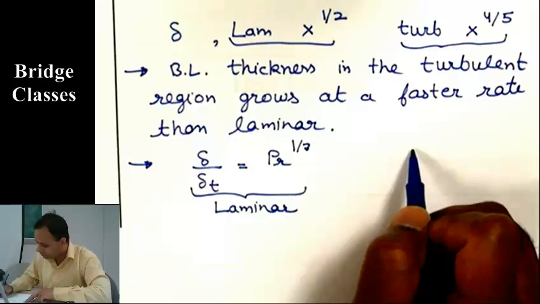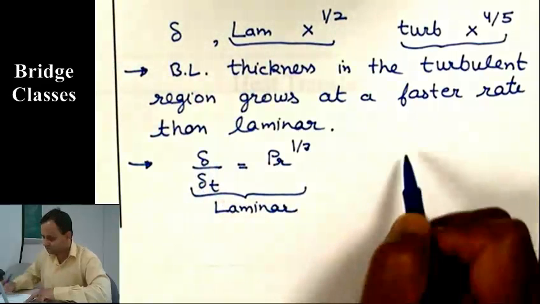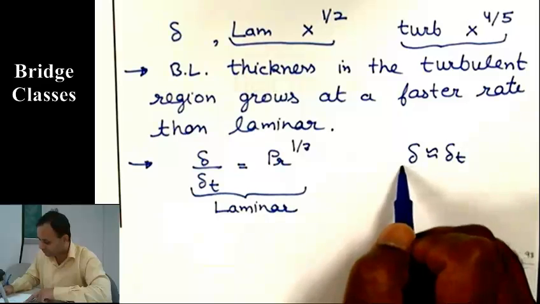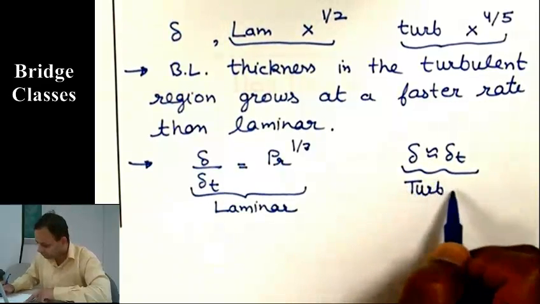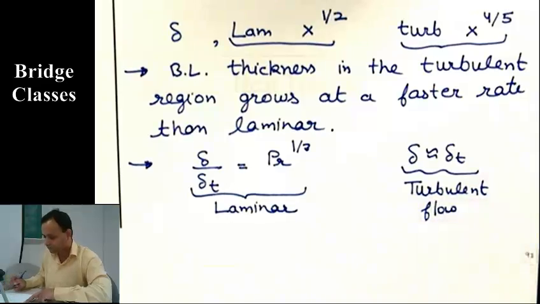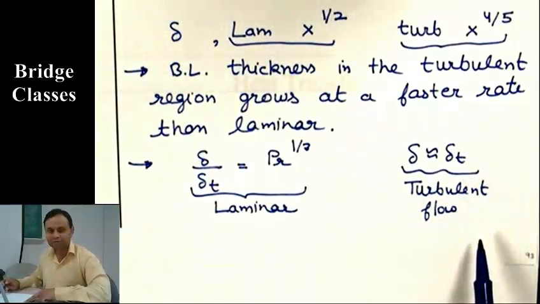For turbulent flow, the difference between delta and delta t is much smaller. So you can say delta and delta t, okay, they are similar for turbulent flow. Unless Prandtl number is too low or Prandtl number is too high, okay, they are going to be of similar